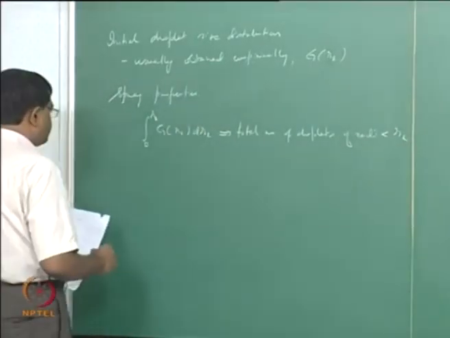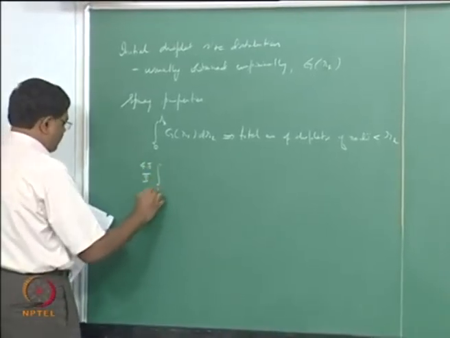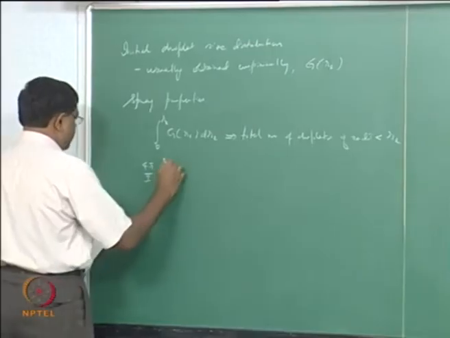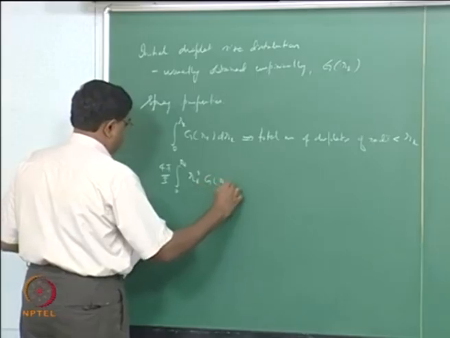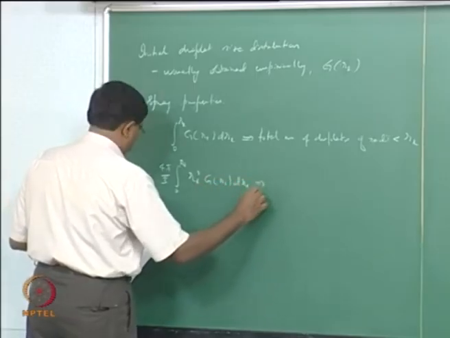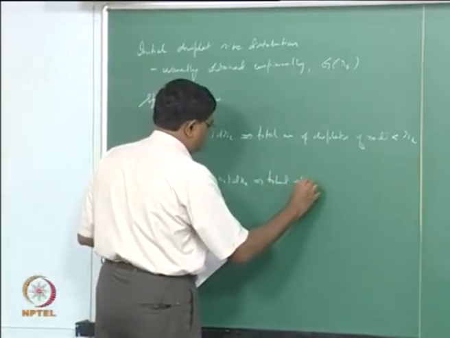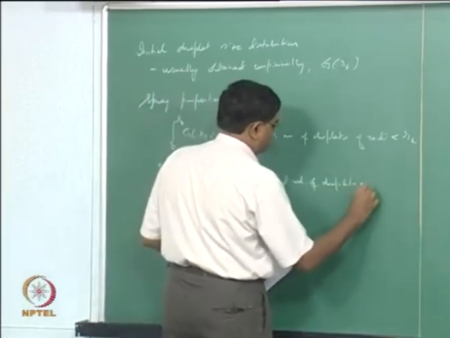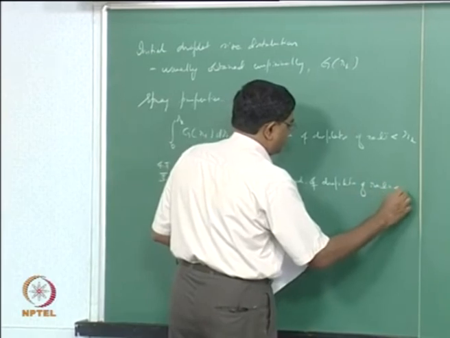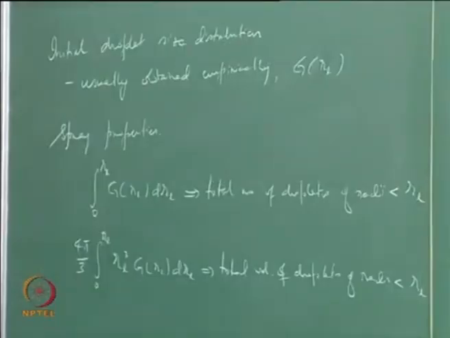And you can also look at the volume. So 4 over 3 pi integral 0 to RL of RL cubed G(RL) dRL, that's the total volume of droplets of radii less than RL, right. Now many times we use this quantity called the Sauter mean diameter,